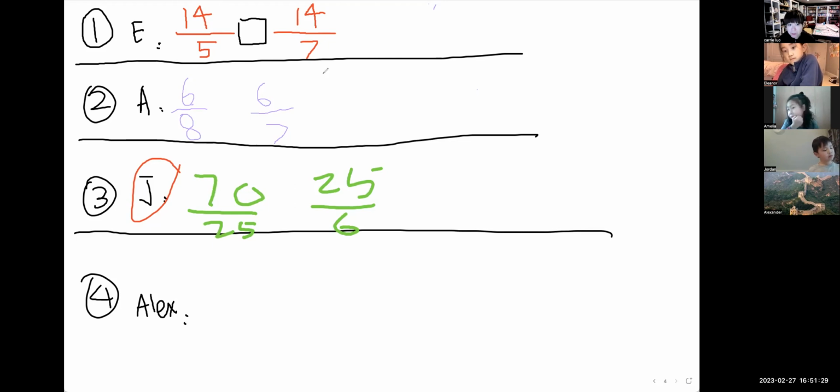Okay, so Amelia, can you tell me why 14 over 5 is bigger than 14 over 7? First of all, I'm going to tell you your answer is right. Correct, Eleanor? 他做的对不对？OK，非常好，他做的很对，好吧？